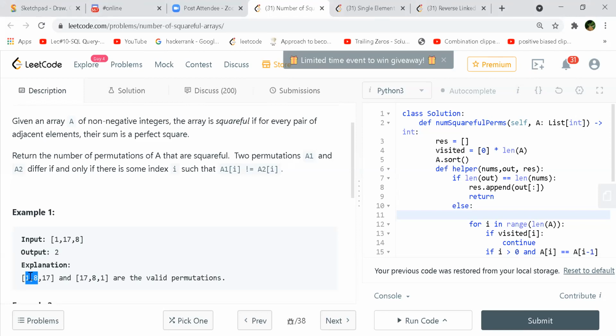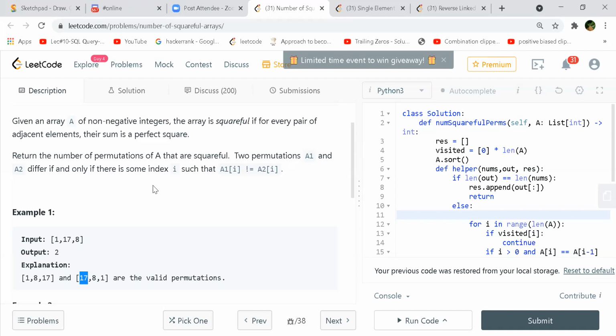Like 8 plus 1 is 9, and 9 is a perfect square. 17 plus 8 is 25, and 5 squared is 25. But make sure at least one index between these two arrays differs. Like if here is 1, here should be a number other than 1. So you have to count how many such valid permutations you can obtain.